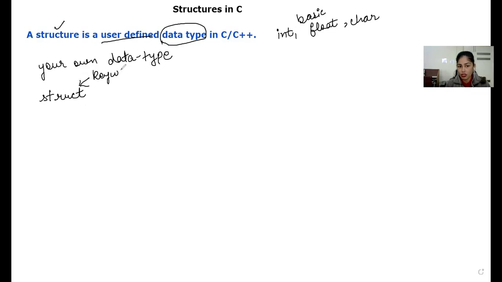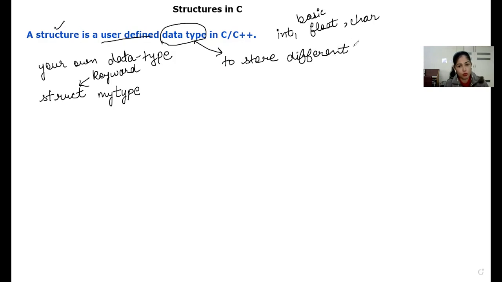So using the struct keyword, you can create your own data type. For example, you can write struct, the name of your data type. Let's say I write my type. This is the name of my data type. Now, what will be the usage of my data type? The usage of a user-defined data type is basically you can create your own data type to store different types of elements, or you can say